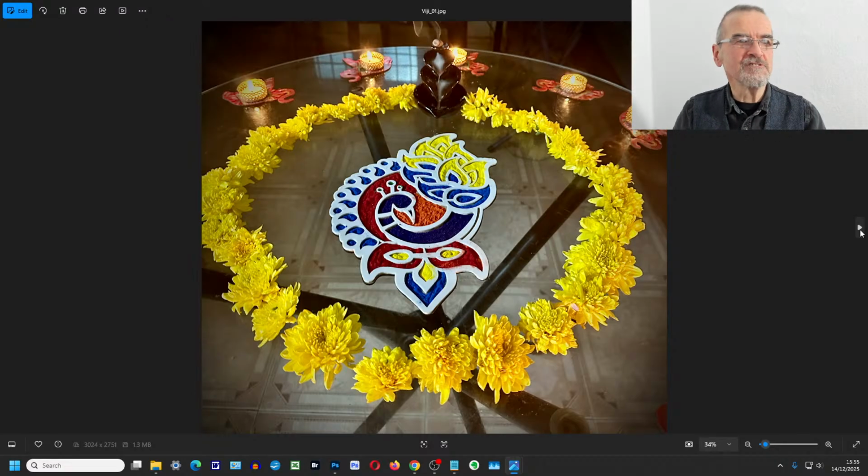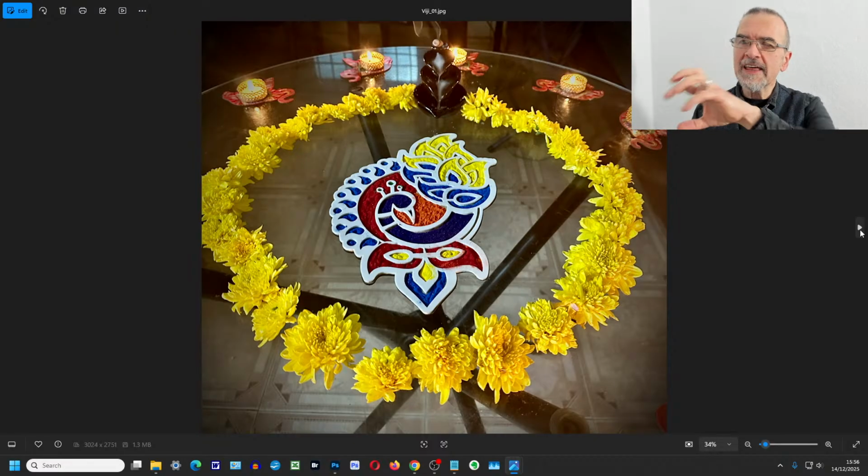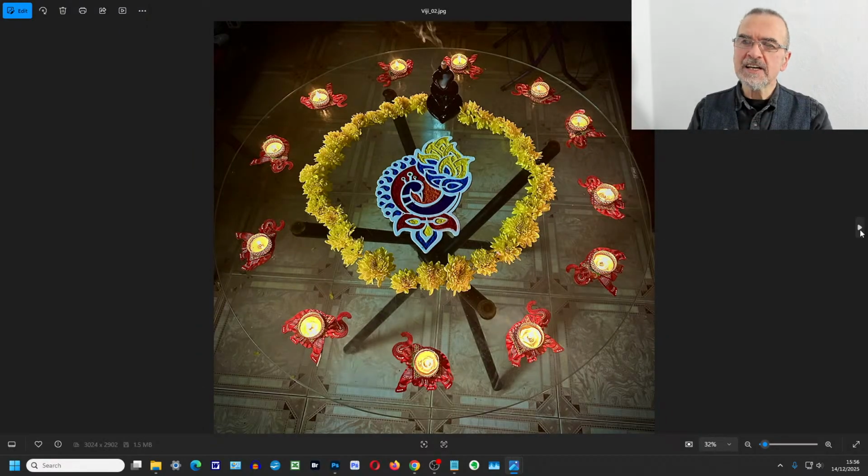Okay, the peacock, well, I'd say Rangoli, was coloured brightly to enhance the photograph. Flowers, lamps, as always, bring about the cheer. Yes, so beautiful, again, festival lights. So many of the wonderful photos you send us at various Indian festivals, Viji, they're full of colour. Really wonderful. And so we've got all the colour here in the peacock Rangoli, with the lights and the wonderful yellow flowers. Here's a slightly different angle.